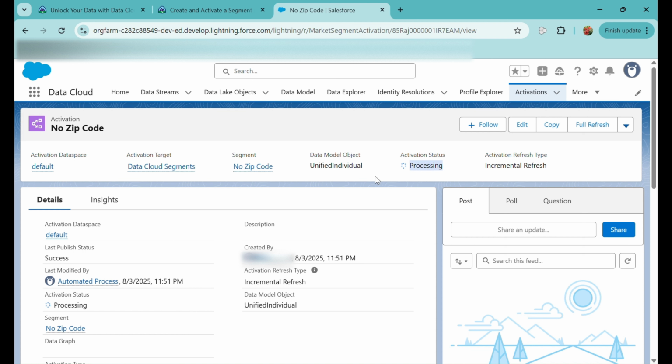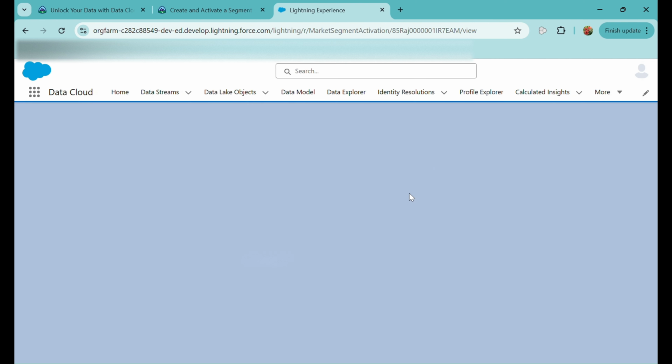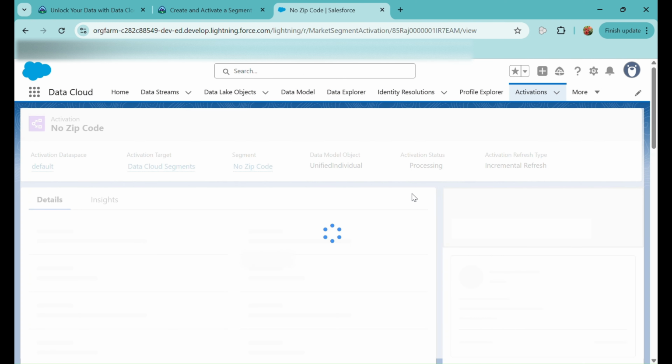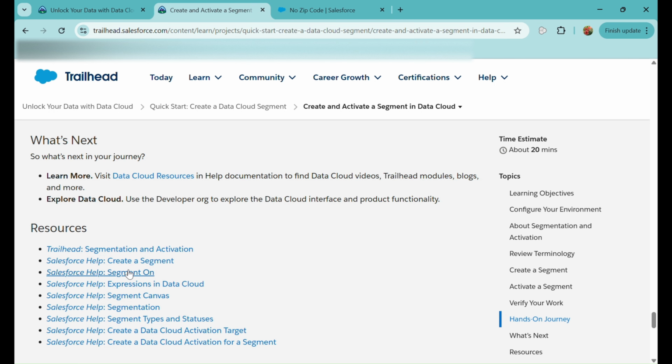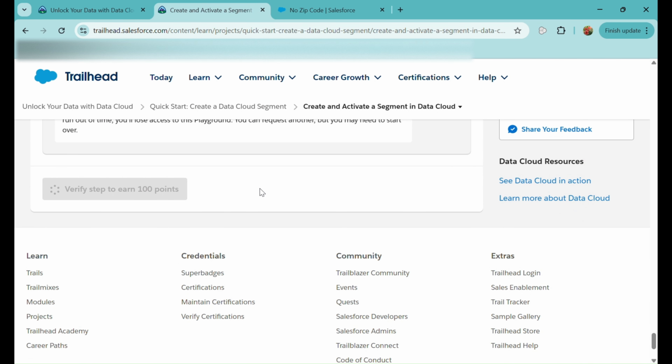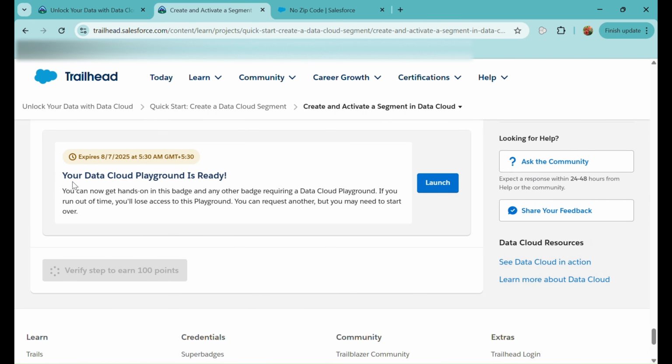Let's wait for the activation status to be succeeded, and then we can check our data. So it is active, that is, the activation status is active. Now we'll go back here and we'll verify this step, and if it is verified, then this module will be completed for us.